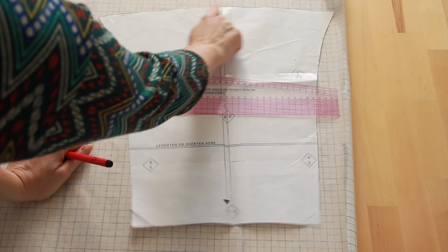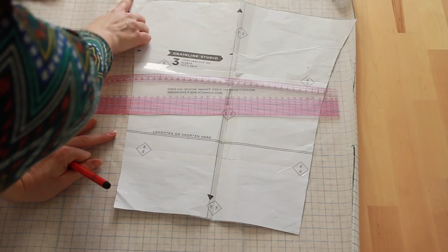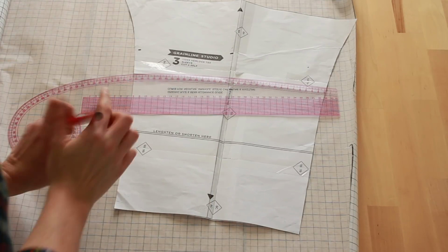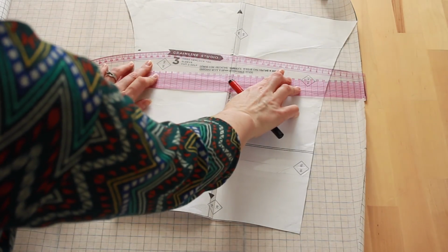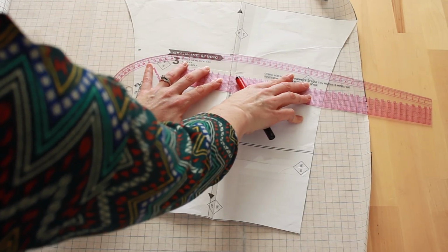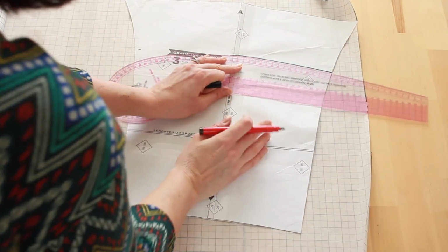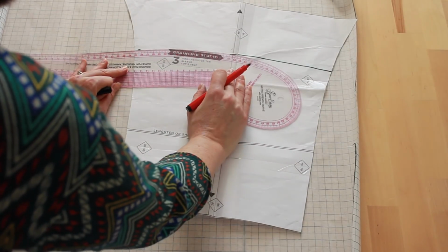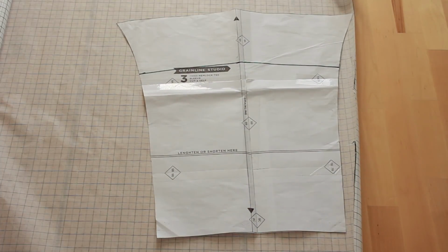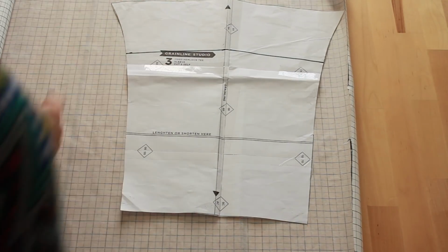This is a very slight curve here that attaches to the arm side, if you want to call it that, and it does have a very slight curve at the hem of the original sleeve piece. So I am just going to try and copy that as best I can. Okay, so I've drawn that in dark black pen so that I can then just trace off that little pattern